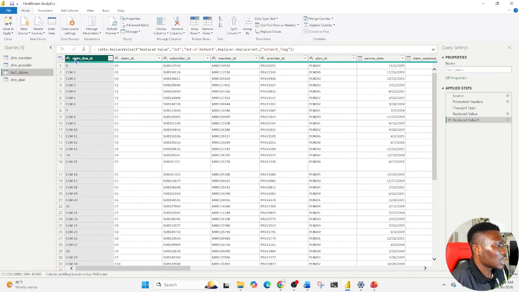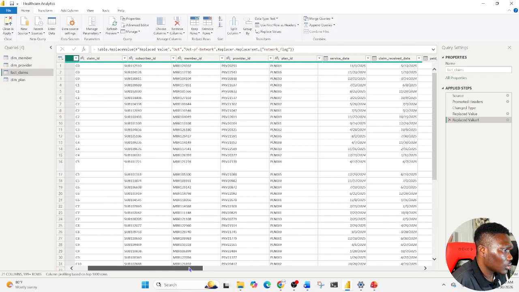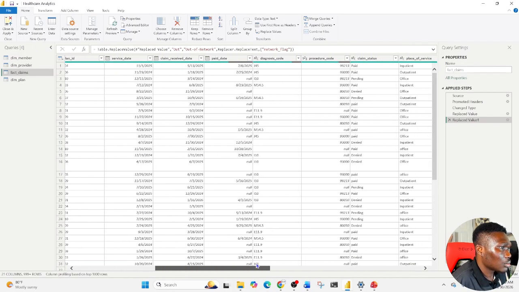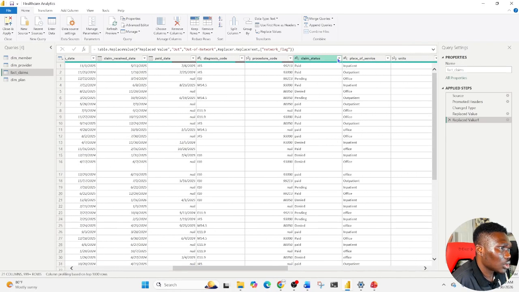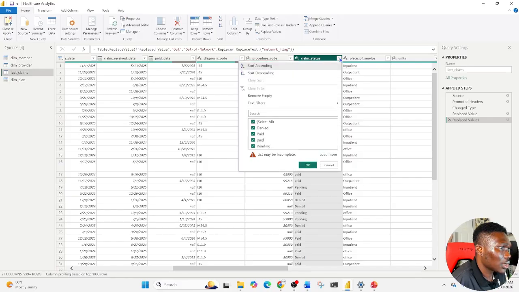Let's say they actually say you have to add CLM to this. It might be a little bit of a hassle, but we'll not do that right now. So see, everything looks about right. So let's just be sure that this claim status is correct. So paid, denied, pending. So we see we do have like paid